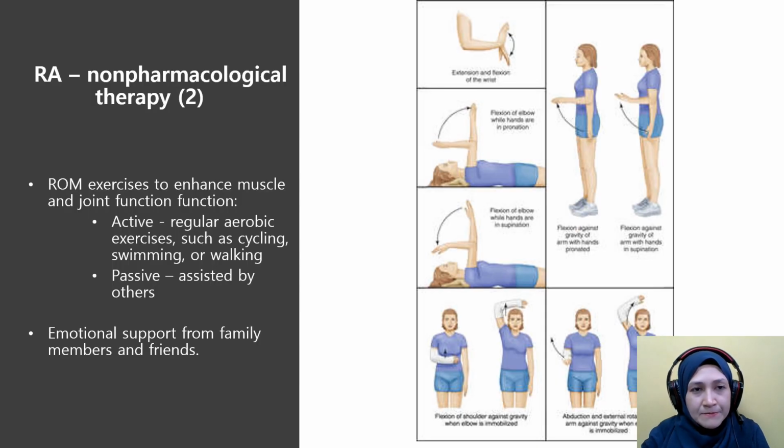And also range of motion exercise can also be suggested, for example, the active exercise or passive exercise. Active is when they do it themselves, for example, aerobic, cycling, swimming. Passive is assisted by others. Okay,